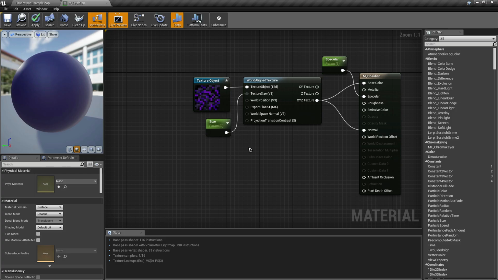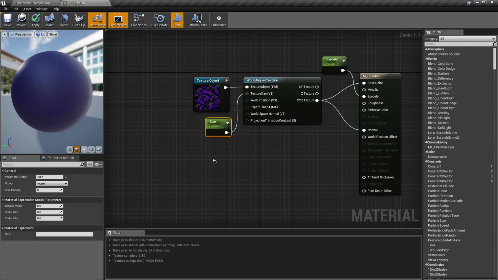Using this scalar parameter, we're going to fix the size of the texture of the object. So once we resize the object, no matter how big or small this object is, its texture will remain in the same size that we apply in this scalar parameter. So let's say, let's apply 64.